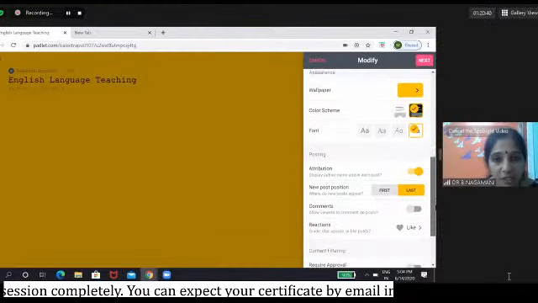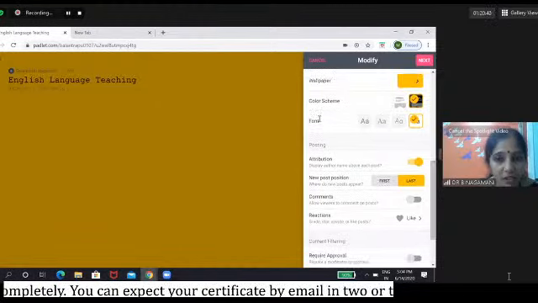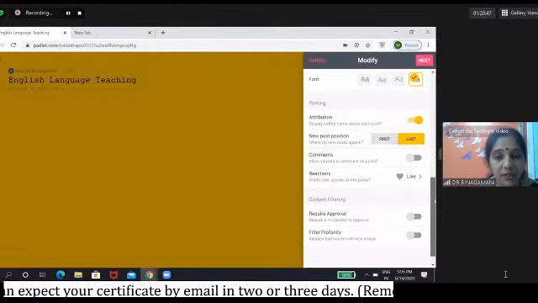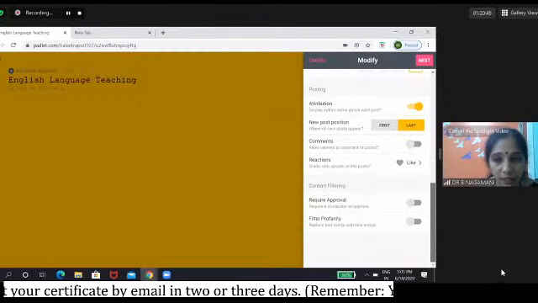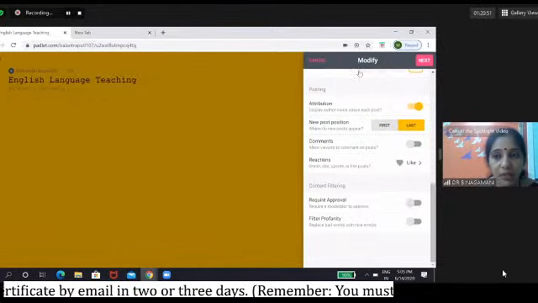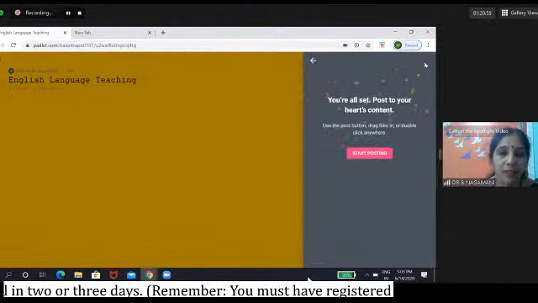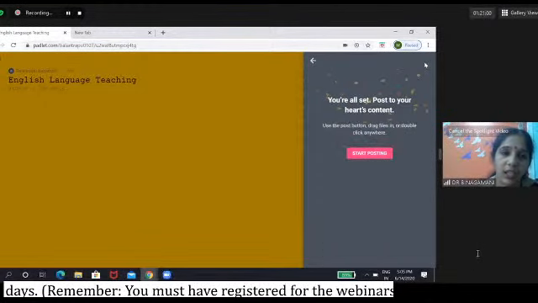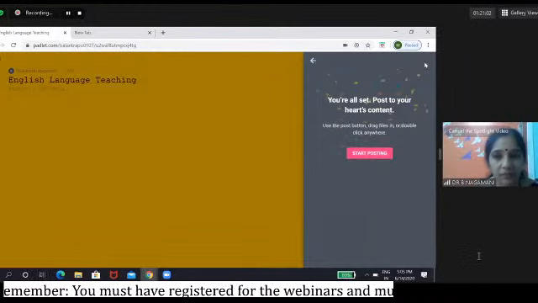You have changed the color scheme and the font, and made all the necessary options available. Now you can click on next. And remember, you can modify your Padlet wall at any point of time.